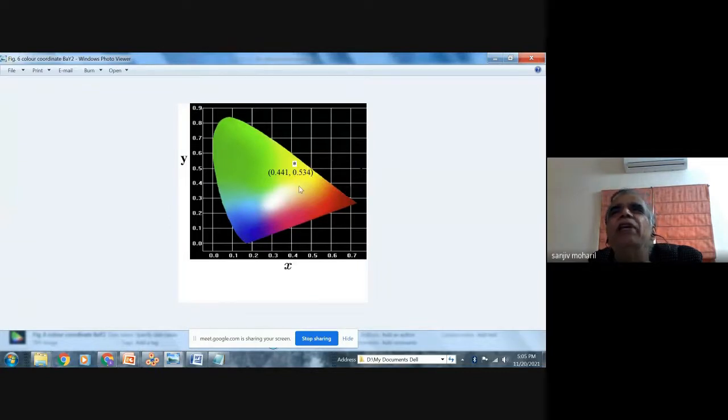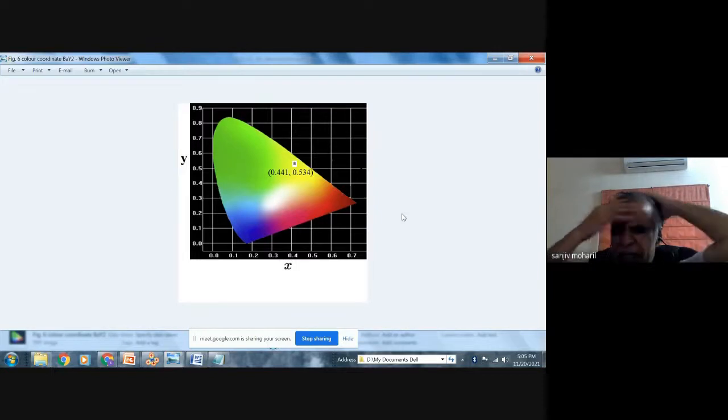So from this diagram, we can find out that yes, it is emitting in the greenish yellow region. Actually, these calculations are based on the tricolor vision. Human vision is tricolor vision. It means, how do we distinguish different colors?